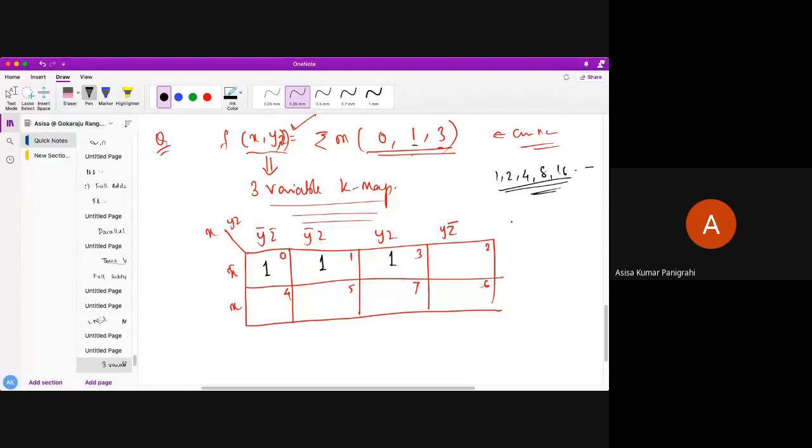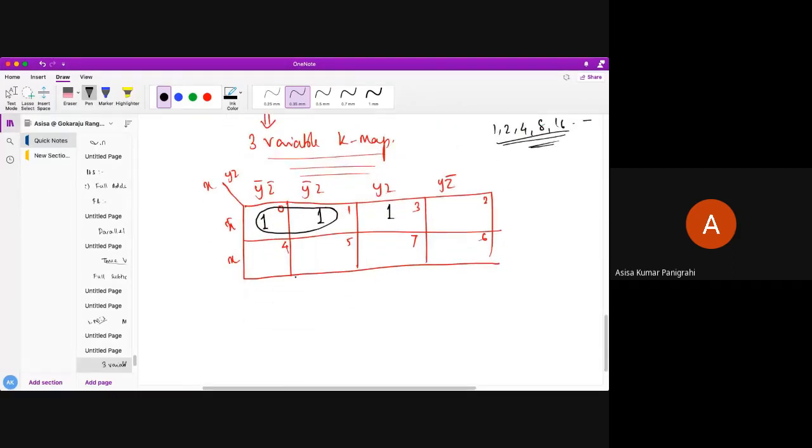Next, rule number 2 is what? All the minterms should be combined at least once. So see here what I am doing, I can combine it like this. And the third rule, what is it telling? A minterm can be combined more than once if it is giving a minimum number of literals. What is the meaning of it? Let's say I am combining like this. Now how many minterms are left over here? 1. Rule number 2 said all the minterms should be combined at least once.